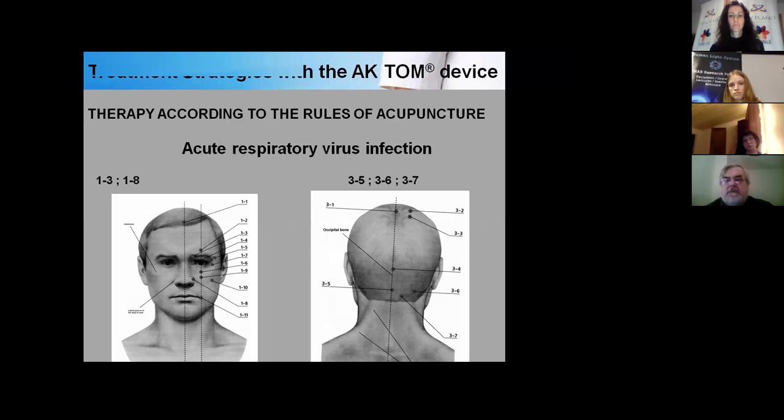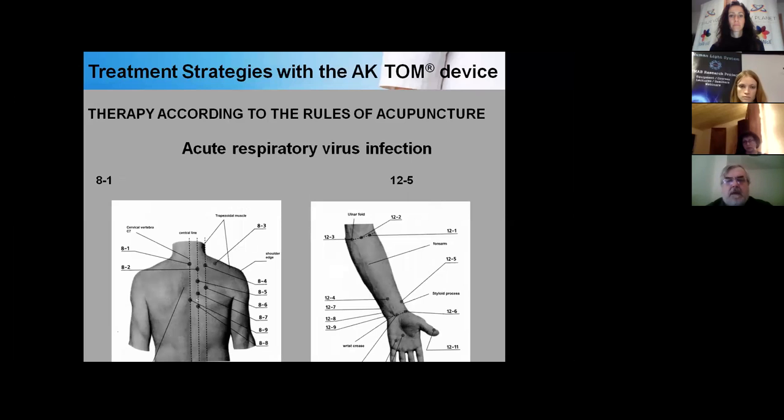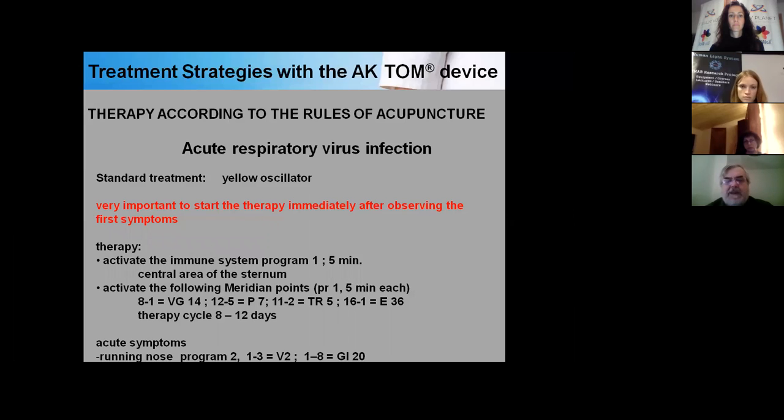These points are used if you have in addition some symptoms like I named here before. I call it running nose. That means if your nose is running and you have in addition headache, you can use program 2 and the points 1 minus 3 and 1 minus 8. And for headache, use the points on the back side of the